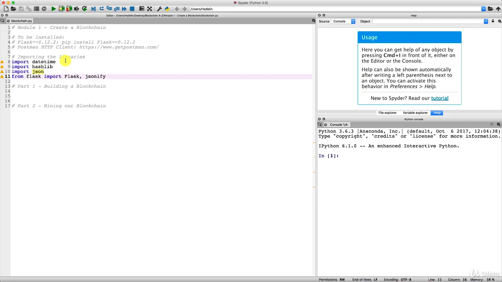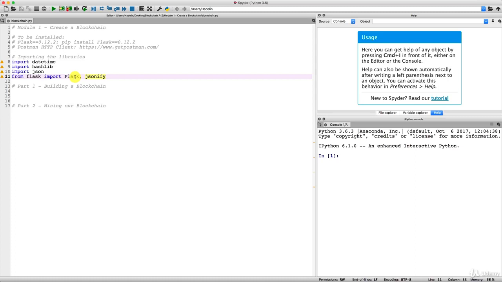And finally, we will, of course, use Flask that we installed in the previous tutorial. And from this Flask library, we will import the Flask class, because we will create actually an object of the Flask class, which will be the web application itself, and jsonify. jsonify is a function we'll use to return the messages in Postman when we interact with our blockchain. So, for example, when we make the request to get the actual state of the blockchain, to display the whole blockchain in Postman, well, we will use jsonify to display the response of the request.